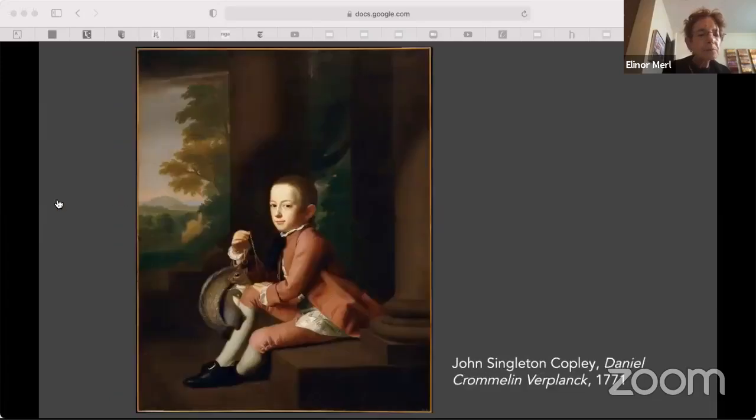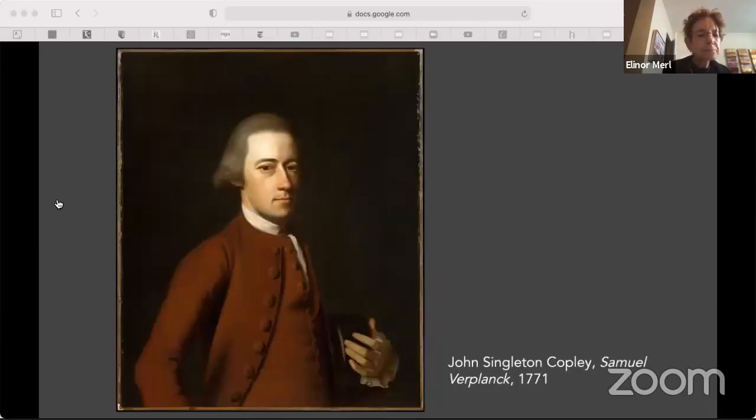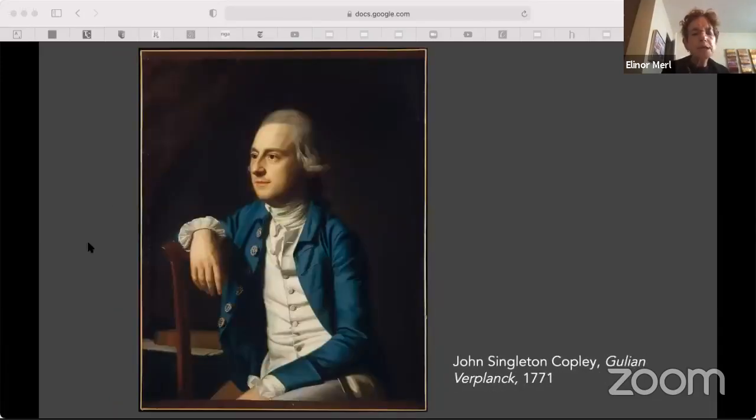Now we have a few portraits here of the Verplanck family, and they were one of the old Dutch families who chose the Whig side. The Whigs sought independence from England, and the Tories preferred loyalty to Britain. Copley has preserved for us the clever, urbane face of the young banker, Julian Verplank, recently returned from a tour